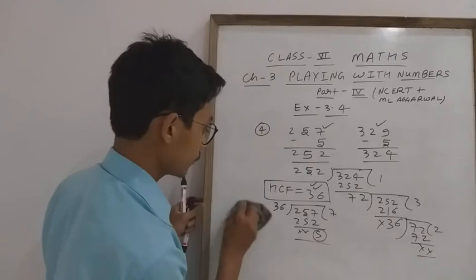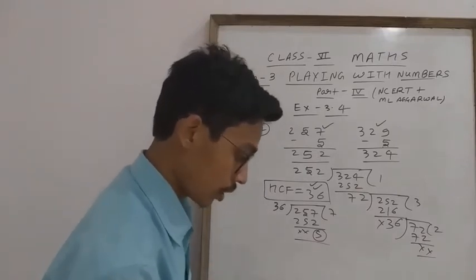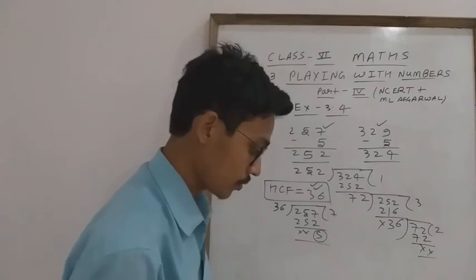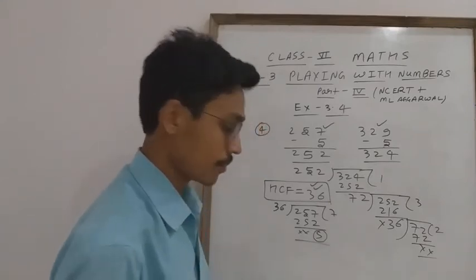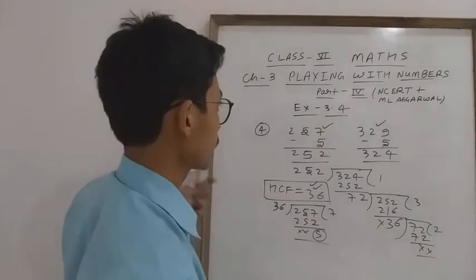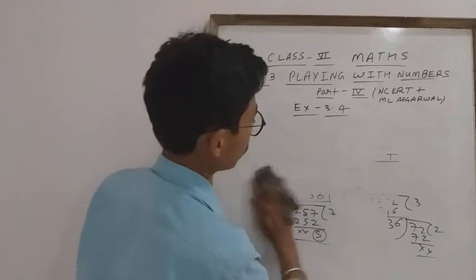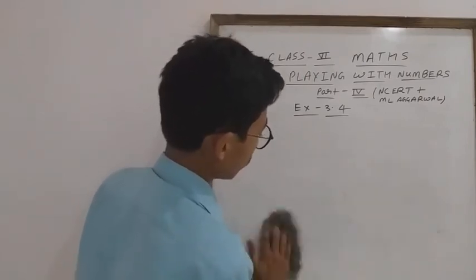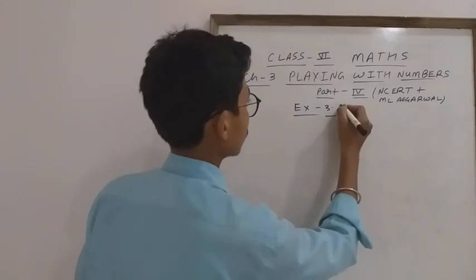So now, students, this is the question which is a little bit different. All questions based on this are given in 3.4. You will do them yourself. Now again, see LCM. LCM also has two methods. Here I am going to give a little bit of explanation, because in the previous video I gave the explanation. Now 3.5.